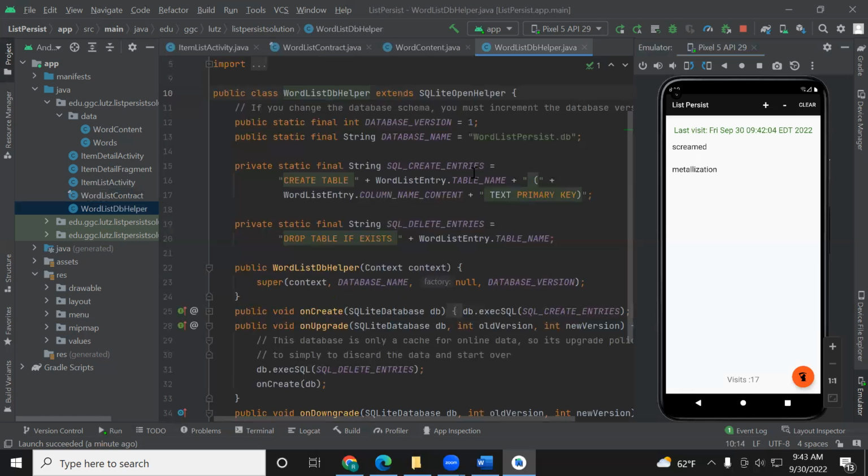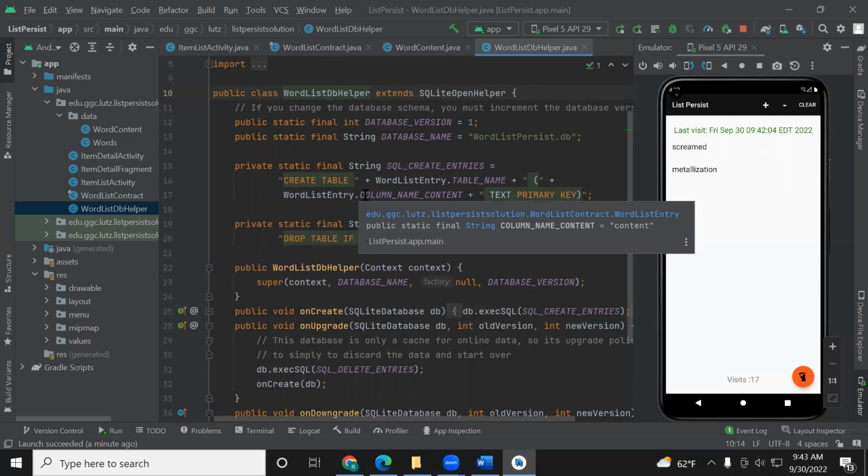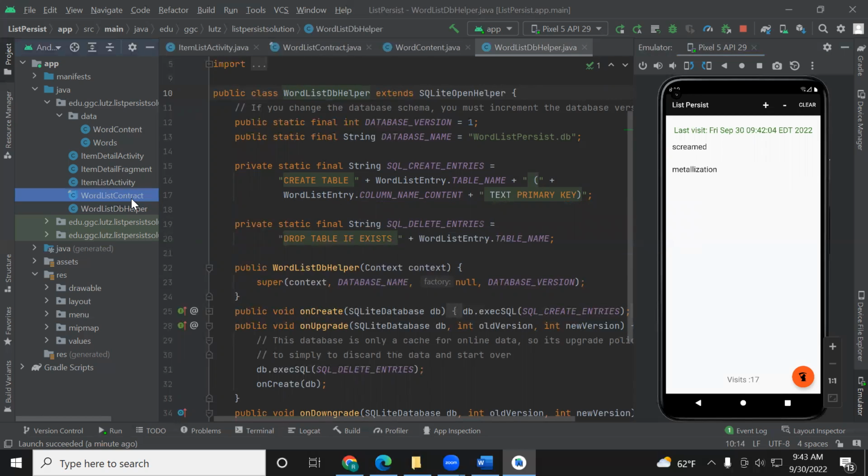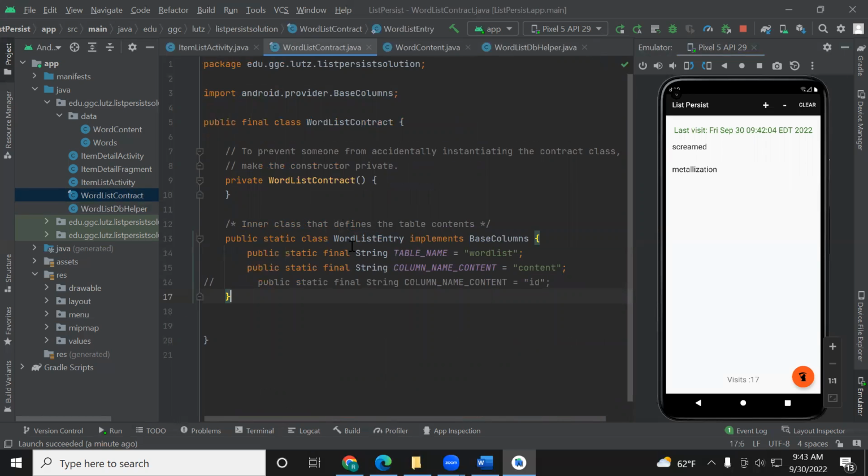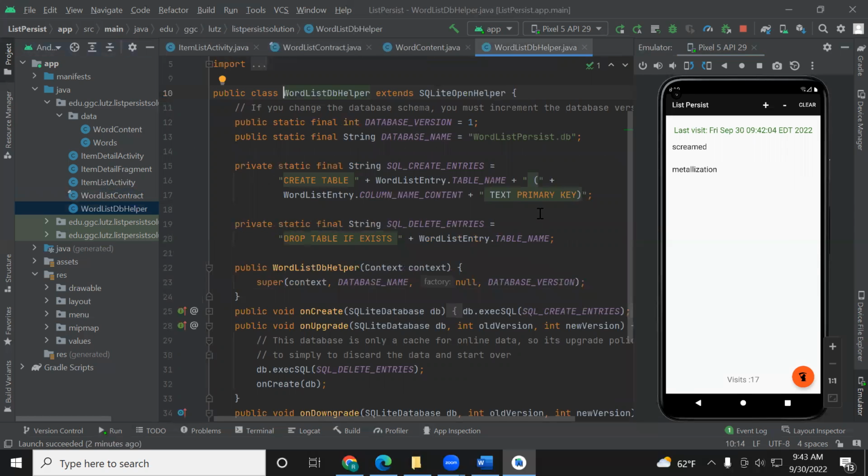delete entries, create entries, and the database name is wordlist persist.db, and the table is created with the column name content, this word list entry contract, word list coming from here, and the column name is content and the table name is word list. So it is a text value with the primary key. So these are the basic word list